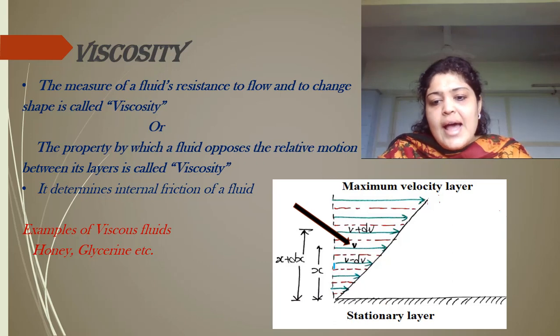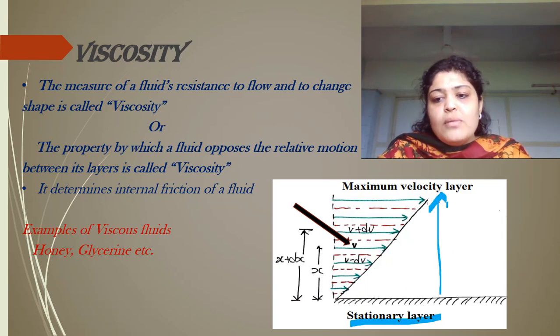So these green colored arrows indicate the different layers of water, wherein this is the bottommost layer, and that is called the stationary layer. If you can see in the diagram, this is the velocity gradient diagram. You can see that the layer which is closest to the stationary layer has the least velocity. As you move away from the stationary layer, the velocity increases.